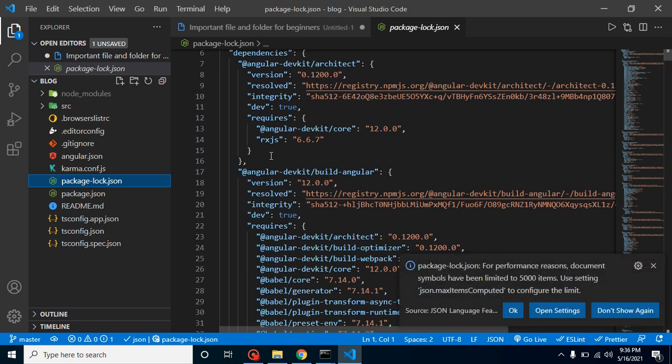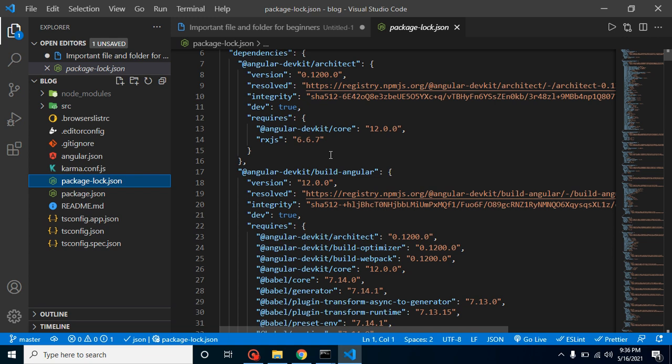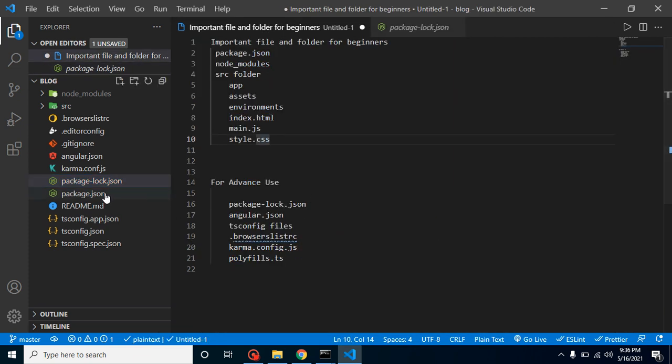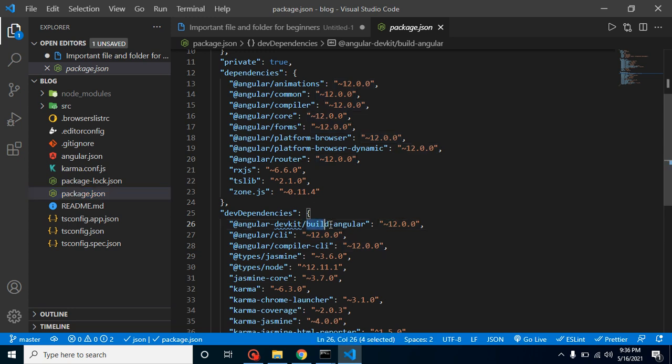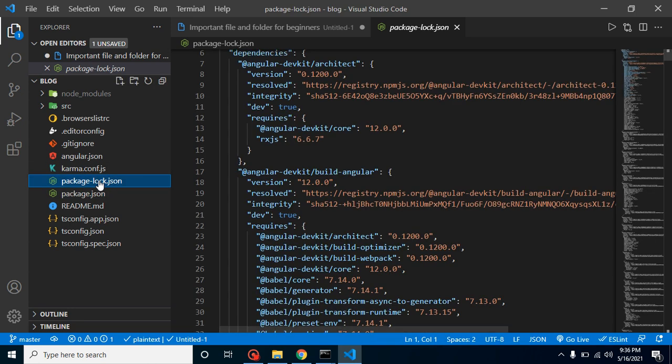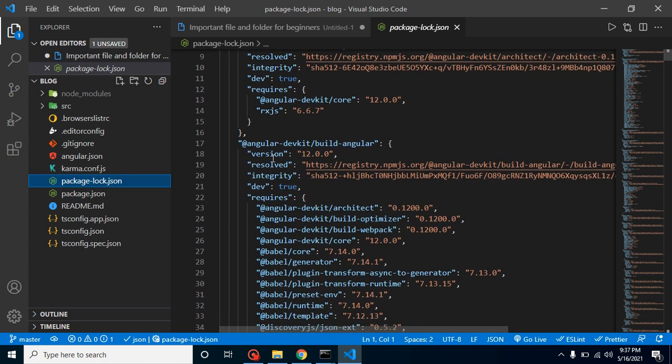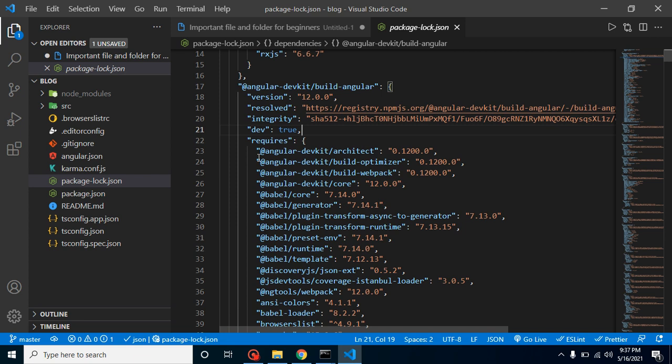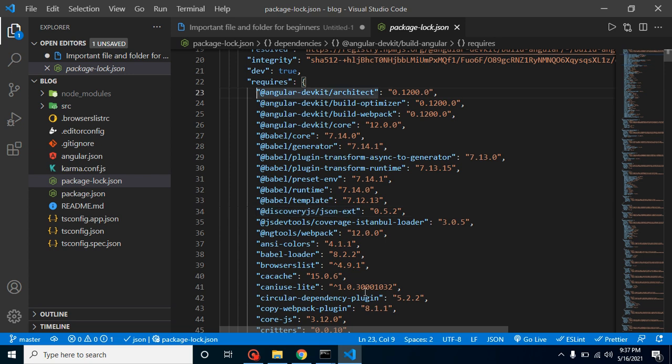So let's say a library already depends on some other libraries also. How will we get to know? You can get to know from the package-lock.json. Let me open the package.json, and you will find that for build-angular just the version is mentioned here, but inside the package-lock.json you will find its version with the resolved and integrity. This is a dev dependency or what. After that, if this package depends on another package also, they are also mentioned. So this package basically depends on lots of other packages. So here are all the details about your single package also.